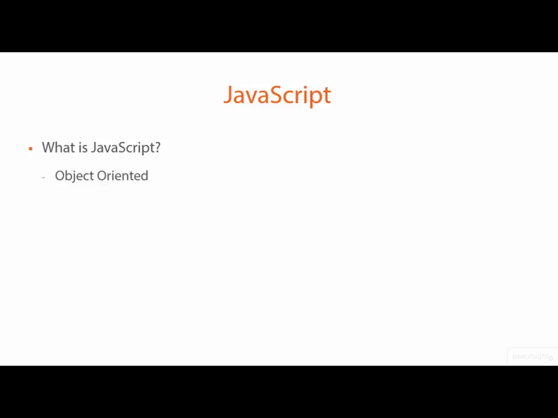It's an object-oriented language that uses prototypical inheritance instead of classes. Since you're probably coming from a .NET background, you're already used to using objects in the form of classes. But JavaScript does that in a different way, using things called prototypical inheritance, though classes are coming in an upcoming version of JavaScript. JavaScript is also dynamic, so the types aren't fixed at compile time because there really isn't a